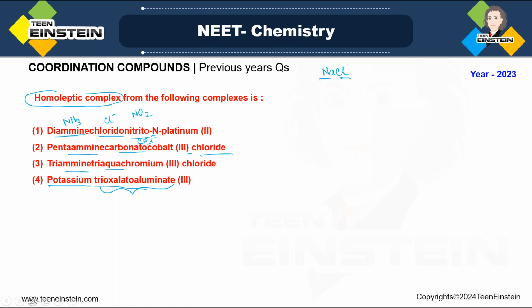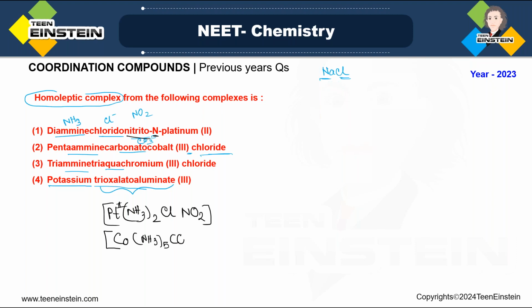Now if we actually draw the structure of all these names, what will be the structure? Diammine, chlorido, then nitrito-N, platinum. That means here NO2, as it can be attached to the metal through the N side or the oxygen side, so that is why N is mentioned. So diammine means here we will have two ammonia, then we will have Cl, and we will have NO2, and there will be oxidation state 2 plus. Fine. Now the second one will be pentaammine cobalt,